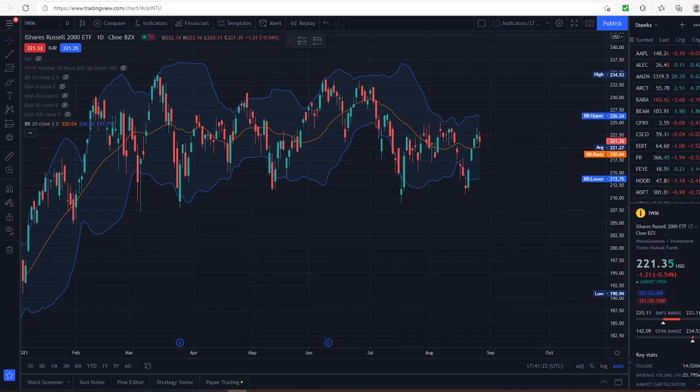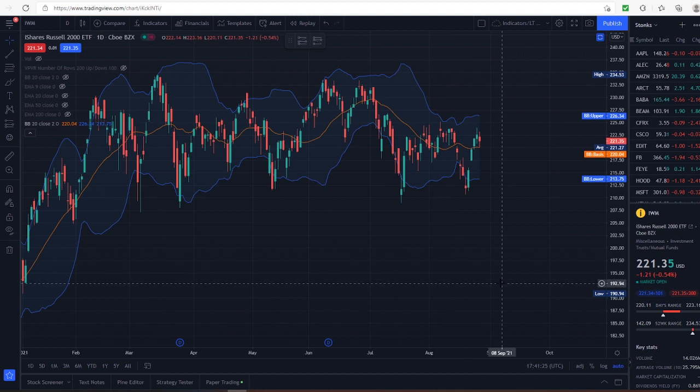All right, so how do I like to use Bollinger Bands in my trading? I like to use it for swing trading, holding positions anywhere from 1 to 6 periods after entry. Since Bollinger Bands are based on the 20-period moving average, it should definitely be used in shorter time period trading. So an example here would be